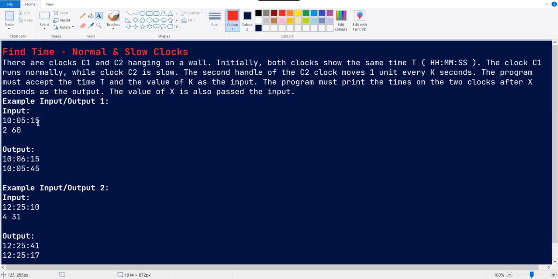Here the starting time of both clocks is 10:05:15, and it takes 2 seconds to move the needle for the second clock. After 60 seconds we need to print the values.